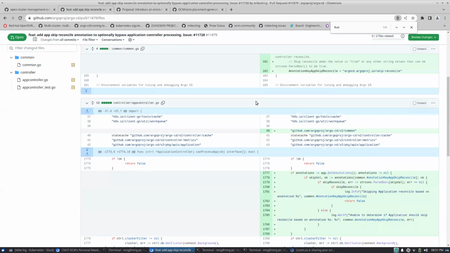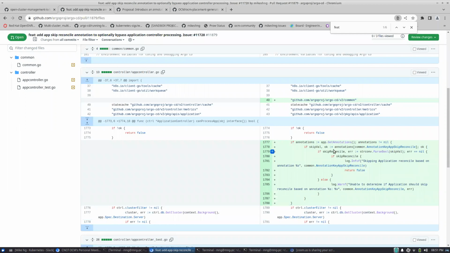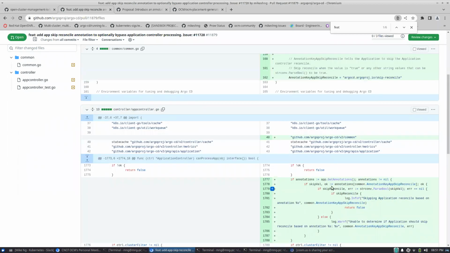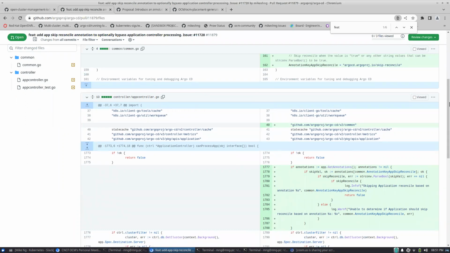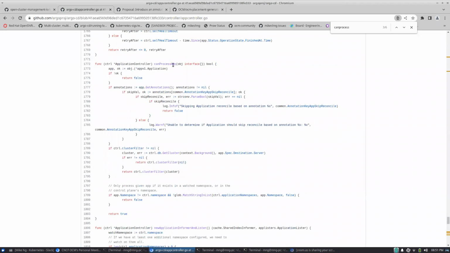So just quickly go over the PR. The PR is: if you have that annotation and it evaluates to true, then it returns false on this function in the ArgoCD application controller. There's this canProcessApp function that they have. So if this returns false, then they're not going to proceed with the reconcile